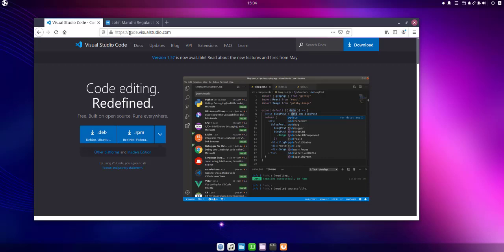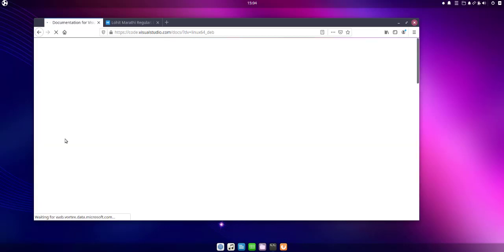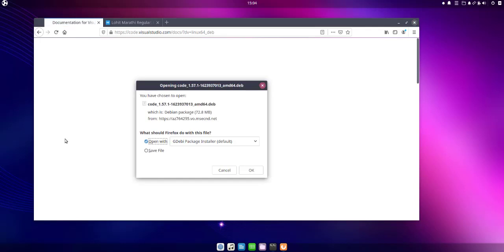So when I go to code.visualstudio.com, you will find that we do have two options, downloading .deb and .rpm. So considering we are Debian based, which is under Ubuntu, we have to download this .deb file. If you have something like Fedora or other similar Fedora based distros, then you may have to download RPM. So you have to save the file,